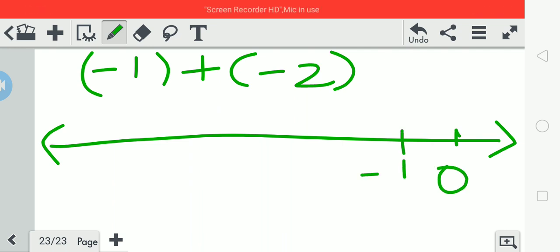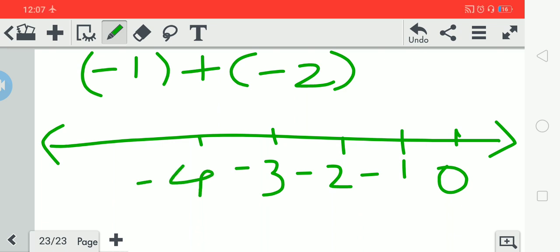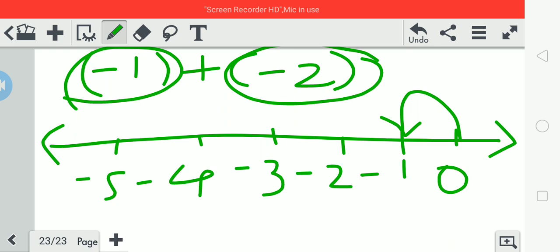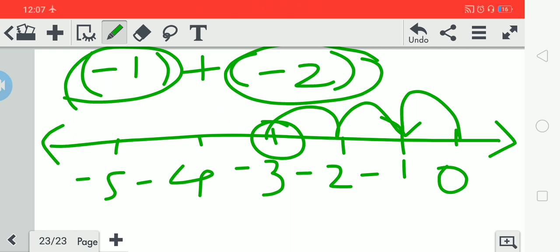So 0 minus 1 minus 2 minus 3 minus 4 and minus 5. First number is minus 1, so take a move minus 1. Second number is minus 2, minus means left side 2 moves, 1 2. So you will reach at the minus 3 position. So your answer is minus 3 in this case,